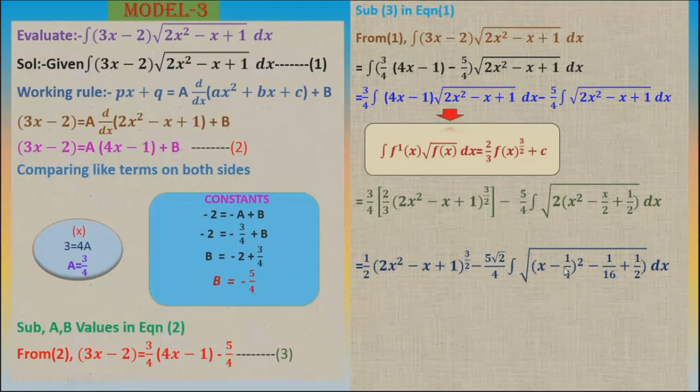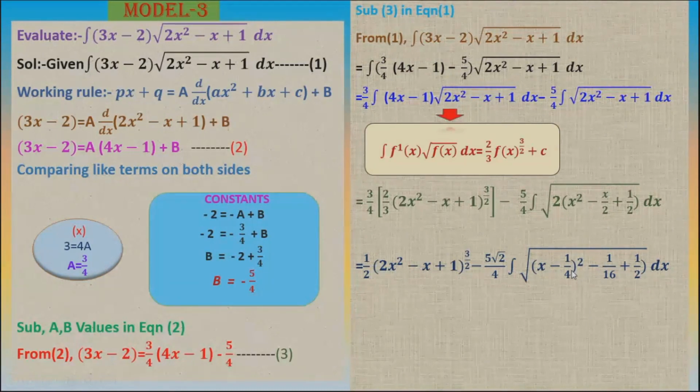Here a square means x square. So what is the value of a here? X. So first write x. Next observe the sign between the quadratic term and linear term. Here the quadratic term is x square and the linear term is x by 2. So what is the sign between them? Minus. So write minus as it is. Next write the half of the coefficient of x. Here the x coefficient is 1 by 2. It's half. So what is the half of 1 by 2? 1 by 4. So write 1 by 4.